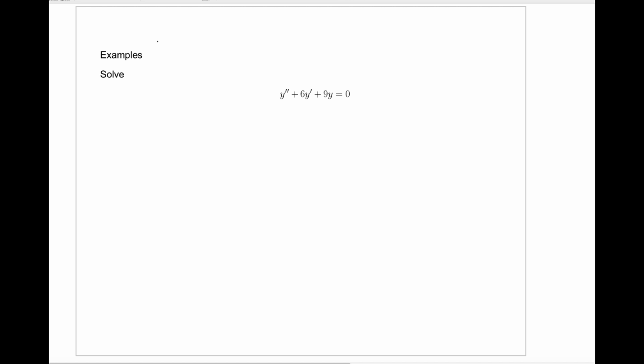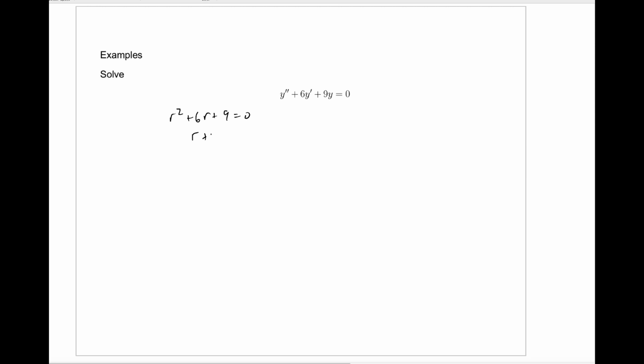Let's look at some examples now. Let's try to solve this differential equation, y double prime plus 6y prime plus 9y equals 0. This is a second order, linear, homogeneous, constant coefficient differential equation. And guess what? The characteristic equation, which is r squared plus 6r plus 9 equals 0, it's easily seen that